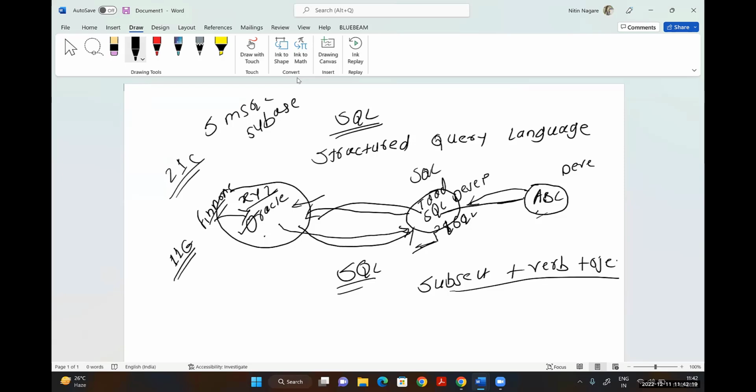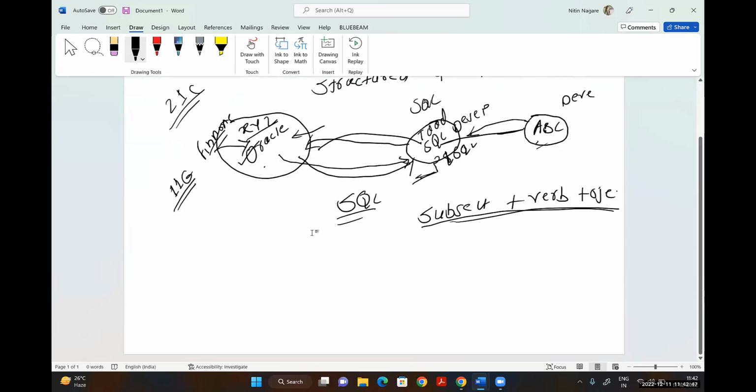In a similar way, Oracle has its grammar, its syntax, we can say. In that syntax only we write a query. That query goes to your Oracle application. Your Oracle application understands that language, whatever you write in SQL. As your English language is in a structured format, in a similar way, your SQL language is also structured. We write a query in a structured language.